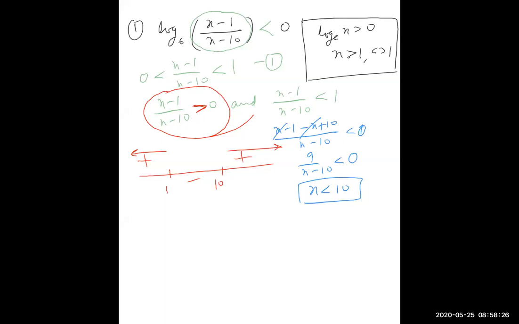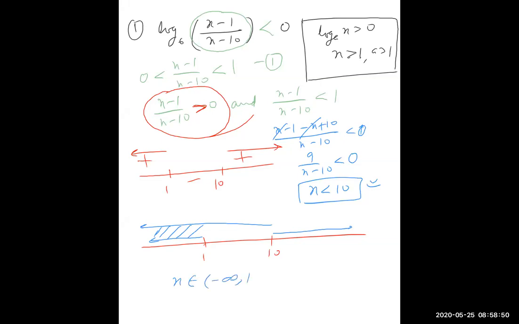So now I have to find a common solution of both. So first is, this is 1, this is 10. First case is x is less than 1 or x is greater than 10. Second case is this, x is less than 10. Less than 10 is this. So final answer will be x belongs to minus infinity to 1. This must be the answer. So 1 to 10 is wrong, Anushka. Answer is minus infinity to 1.